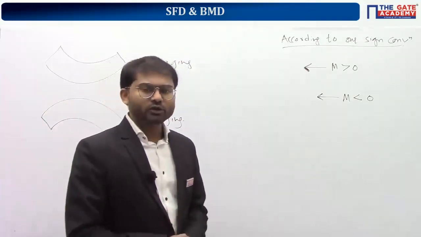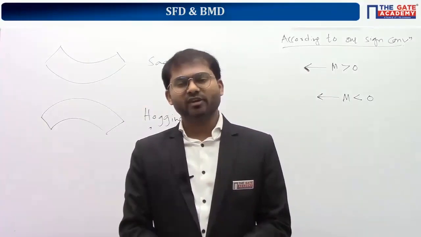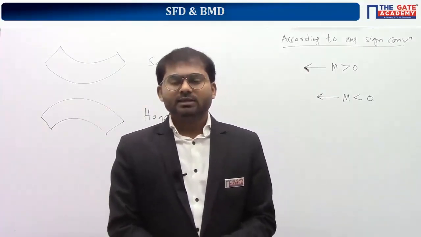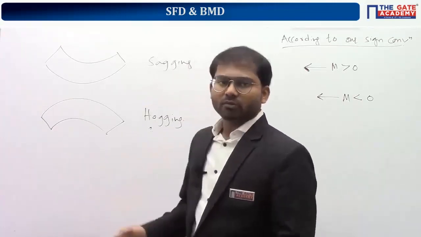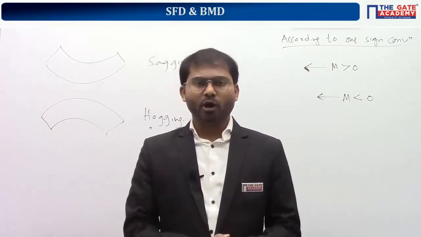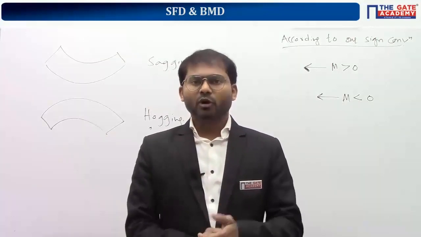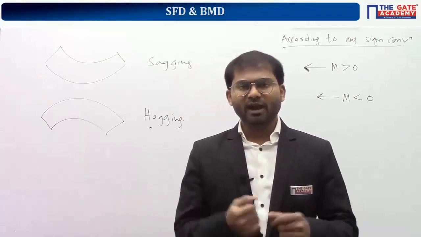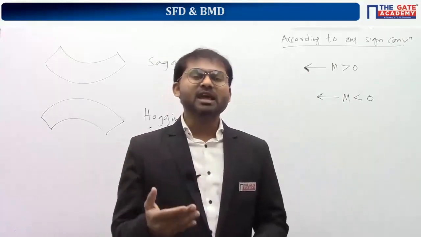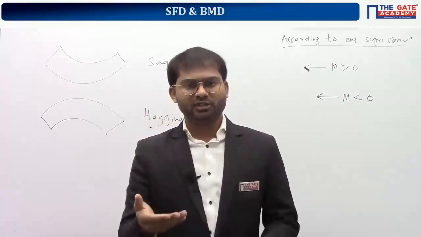So put the heading. First of all, we are going to learn how to draw the shear force diagram and bending moment diagram in a conventional, traditional way, without using any shortcut, for some 6 loading cases. Whatever we did just now, a few minutes before, for the simply supported beam with a point load, where we got the shear force value and bending moment value, is in fact the main part of the chapter. There is a conventional way of doing it, but sometimes it's not as easy as that example.